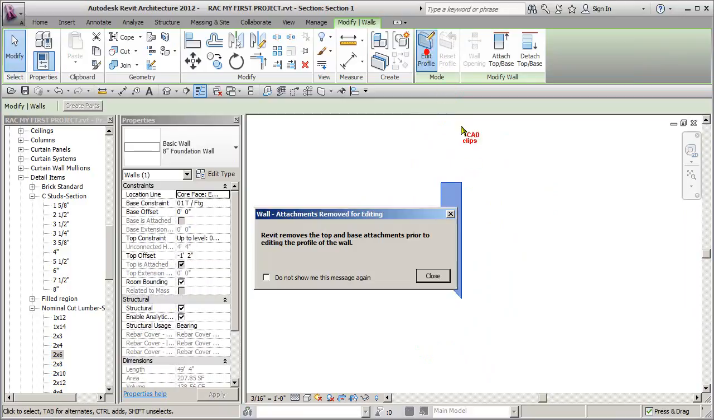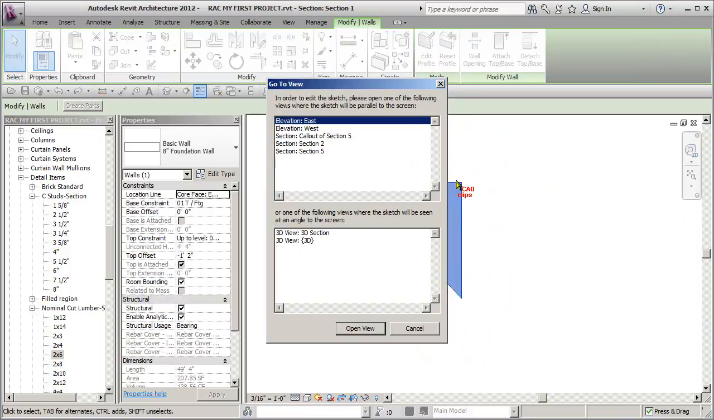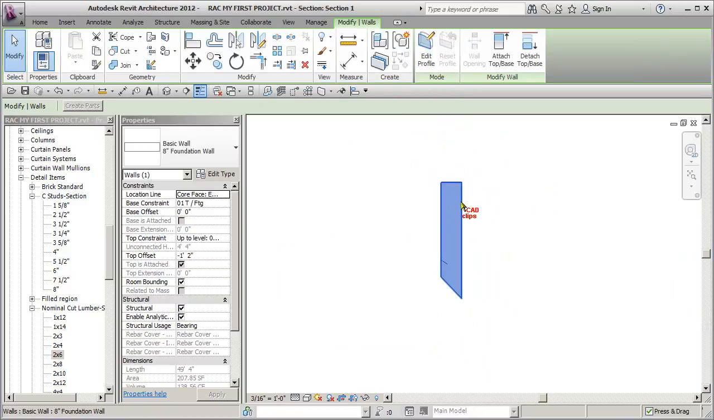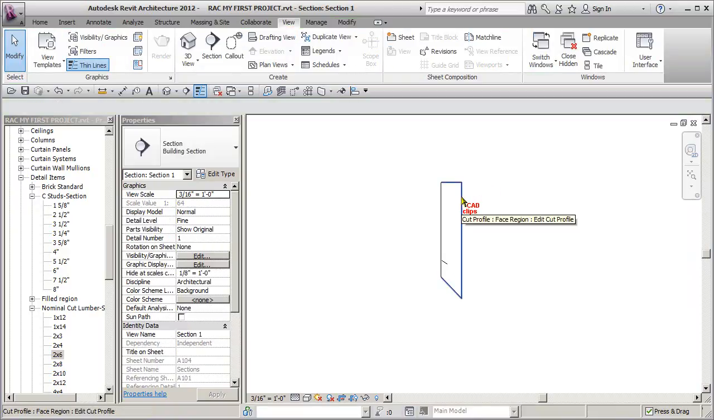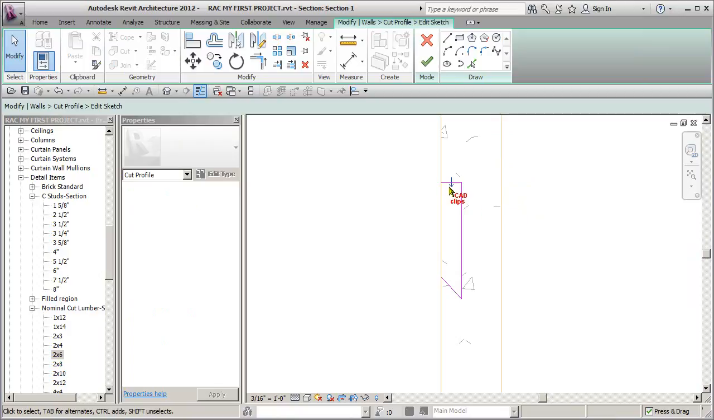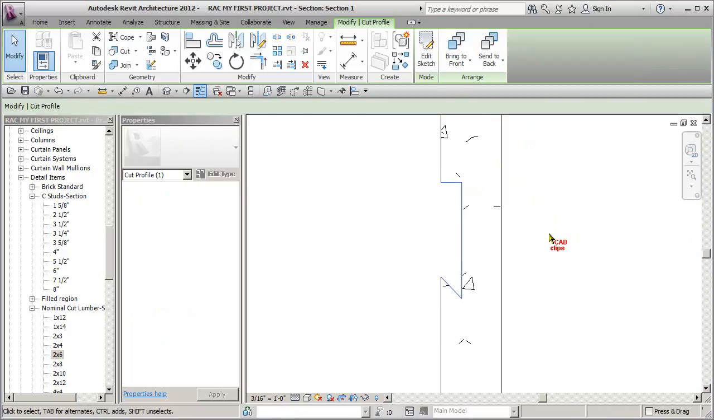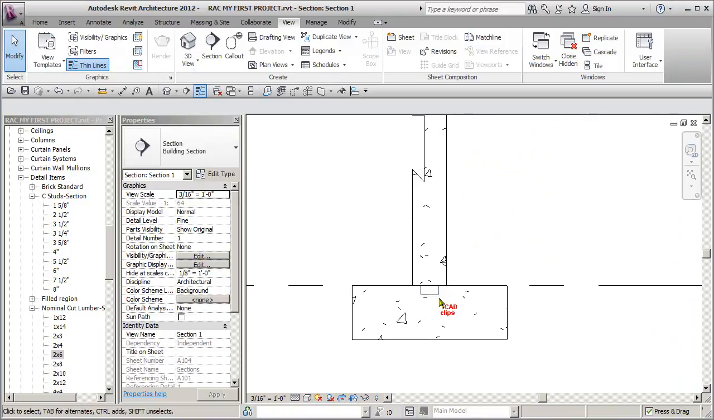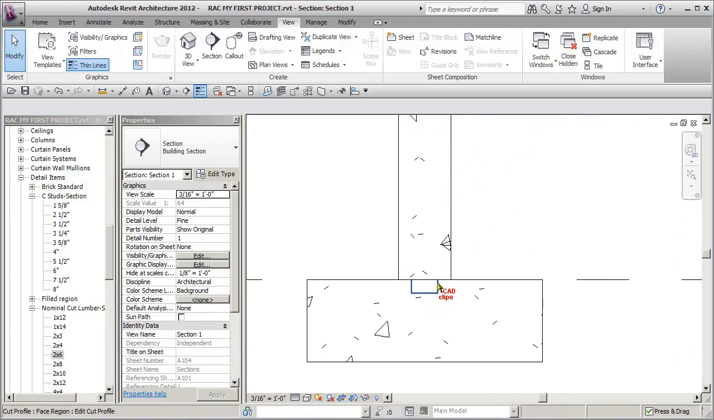So back to edit cut profile. Cancel. There it is. Edit sketch. Flip this back to retain. You see, this is the part you're going to retain. Finish. Okay. So there's what happens if you cut the profile between faces, or sorry, between